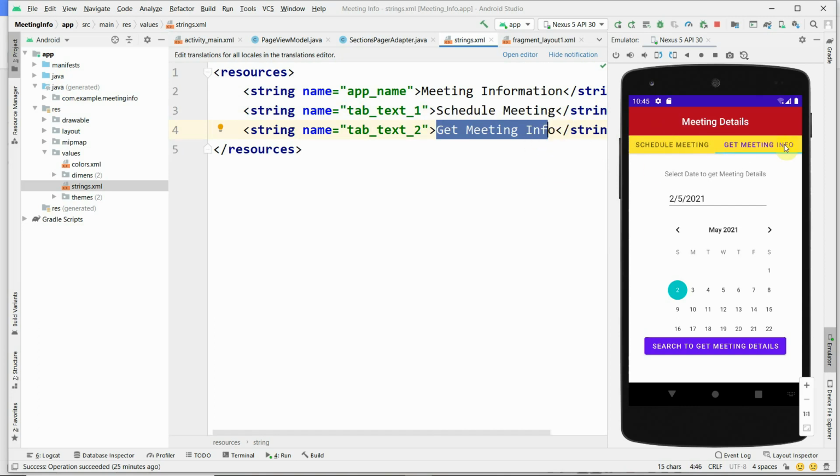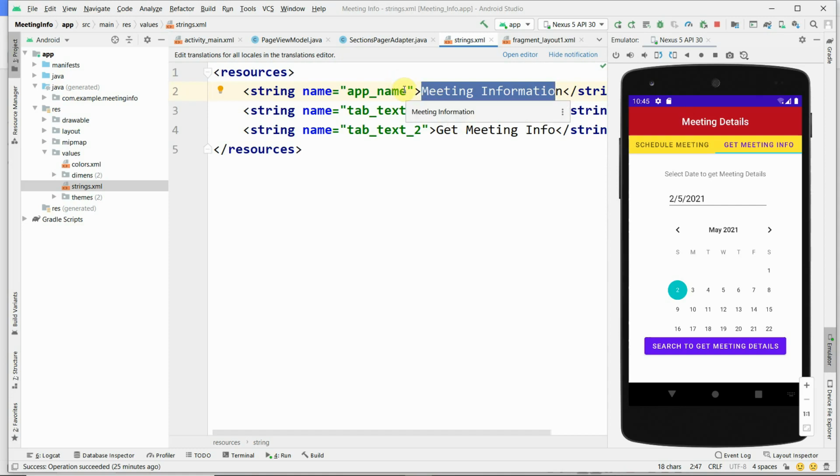It will be displayed in capital letters. And then this meeting detail, they have overwritten. Here the text box is created, otherwise it displays meeting information as the app name. That is nothing but the project name displayed as the app name. You can change it here, and it will display the same thing. And if you don't want to display this, you can also overwrite on this text box. You don't need to keep the text box.